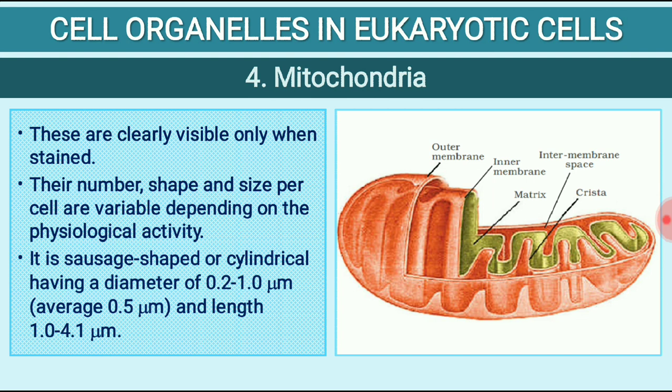8.5.4 Mitochondria. Mitochondria, singular mitochondrion, unless specifically stated, are not easily visible under the microscope. The number of mitochondria per cell is variable depending on the physiological activity of the cells. In terms of shape and size also, considerable degree of variability is observed. Typically it is sausage-shaped or cylindrical, having a diameter of 0.2 to 1.0 micrometers, average 0.5 micrometers, and length 1.0 to 4.1